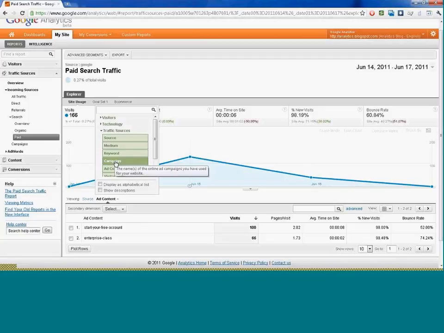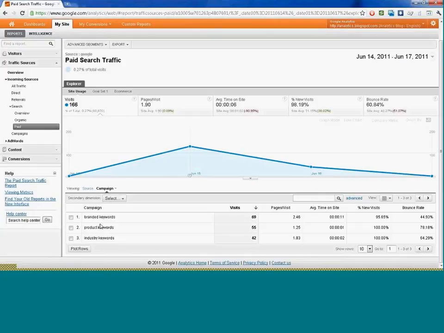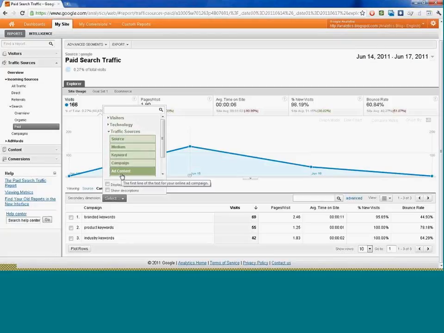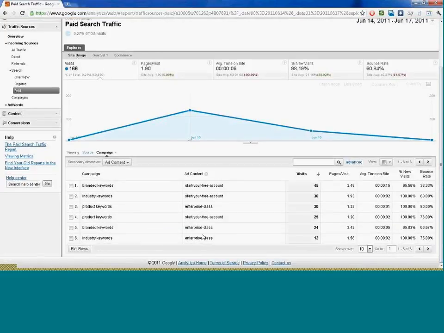Say, well, I want a combination of data here. It's not just about the campaign. I want to know, for each campaign, I use similar ad text for each of them. So again, our primary dimension here is campaign, but we may want to add a secondary dimension, as was discussed in our last training or in trainings before: for each campaign, what ad content was the most effective? The branded keywords campaign actually had 2 different ad copies,